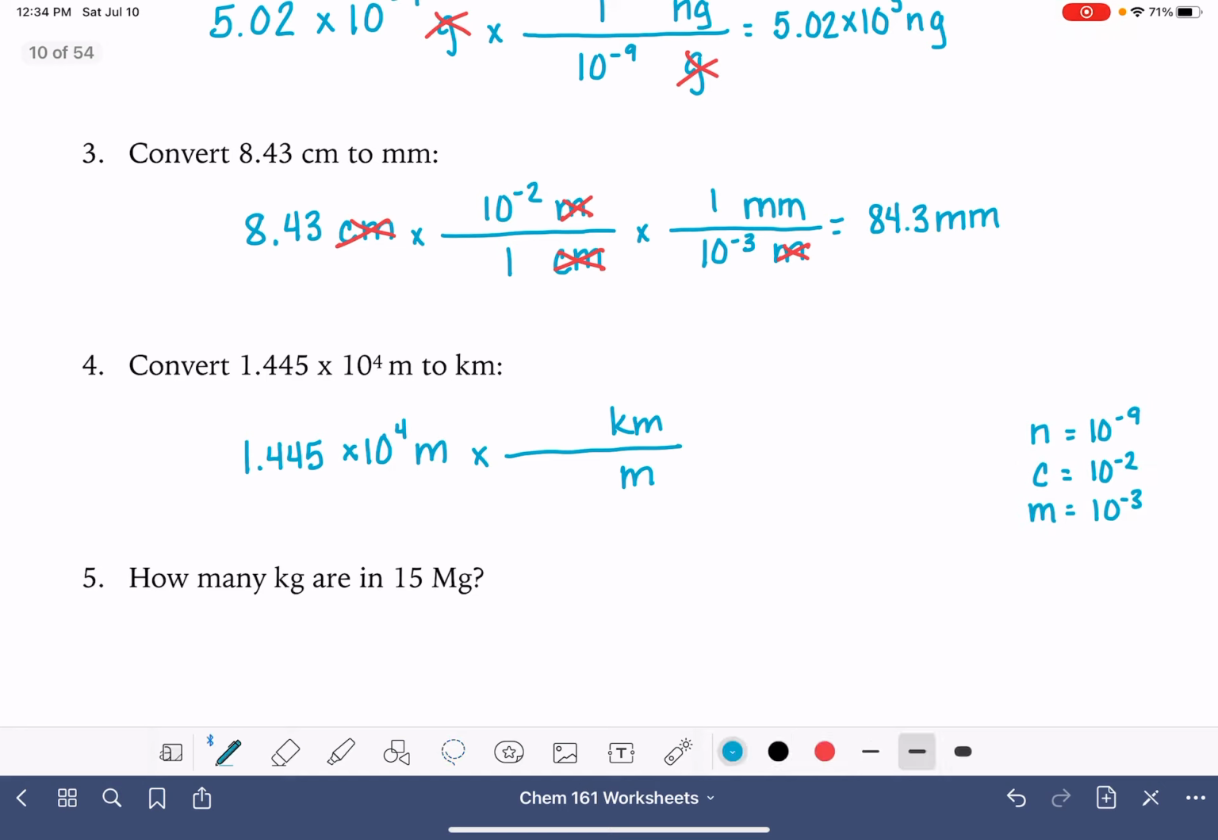Kilo is the prefix for 10 to the 3. So that means 1 kilo is 10 to the 3, and the meter unit cancels. And this is going to be, let's see how it shows up on the calculator: 1.44 times 10 to the 4th divided by 1 times 10 to the 3, 14.45 kilometers. Or if you were doing this in your head, you might have said 1.445 times 10 to the